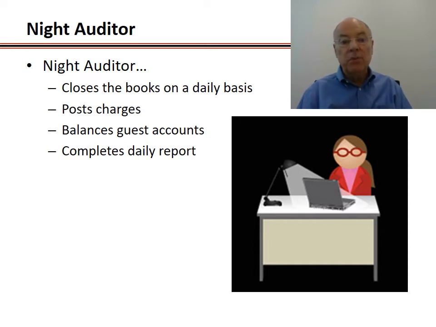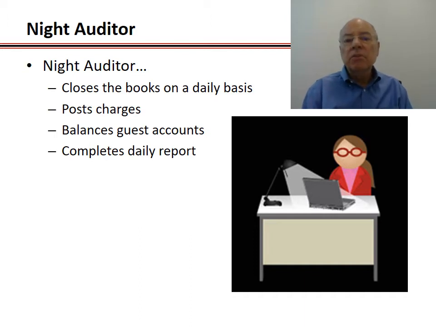They are the ones who put out the night report, the daily report, as it's called, that lets everyone know the next morning when you arrive or when you check your mail, what the occupancy was, what the average rates were, what happened the night before, all those kind of things. And they post charges, they check the guest accounts, they basically turn everything over from one day to the next. They're the people responsible for the overnight, from the midnight to 6 a.m. or whatever shift that might be.